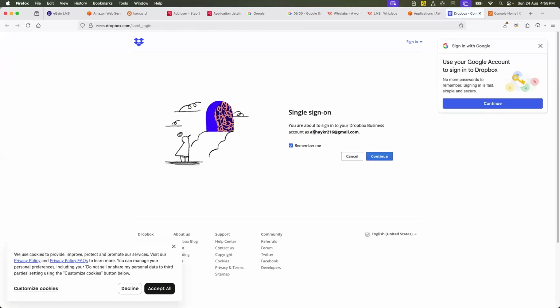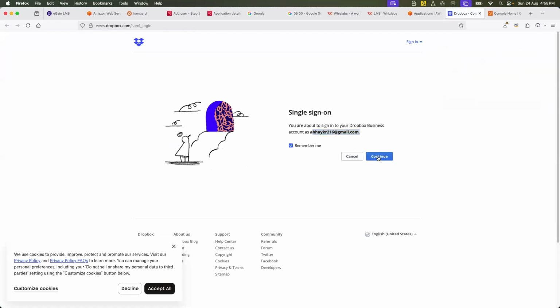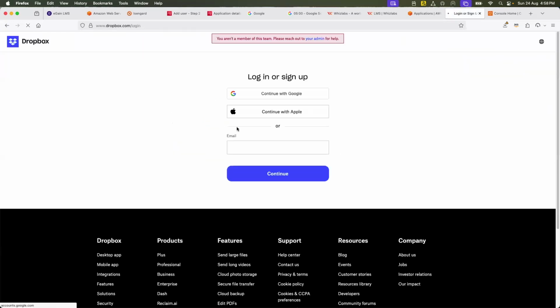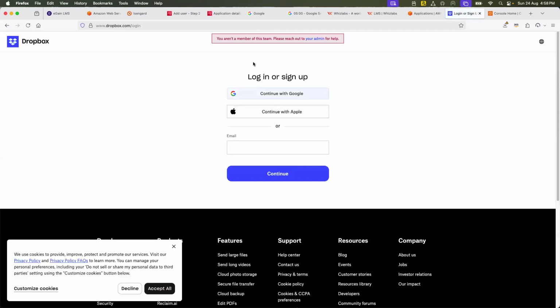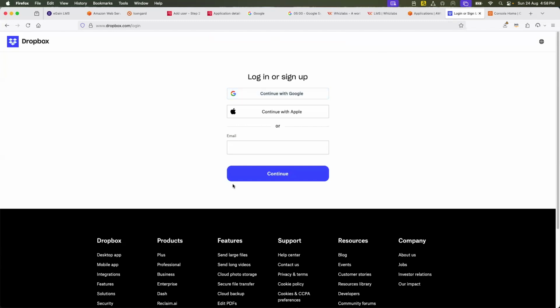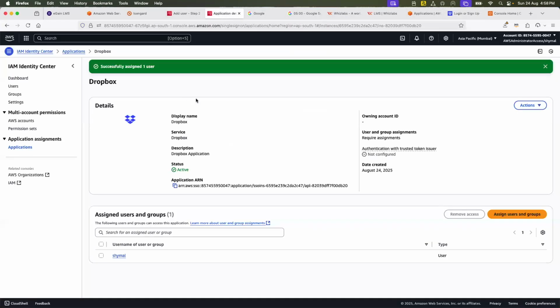It will not work here because some settings are needed at Dropbox. But if I click continue, then the Dropbox user ID and password page comes up automatically. At your office, all of the applications, if you just click, it will probably notify you that you are using single sign-on, and it is getting converted to that respective application's page automatically. You don't need to put your user ID and password over there. So that's about the SSO.